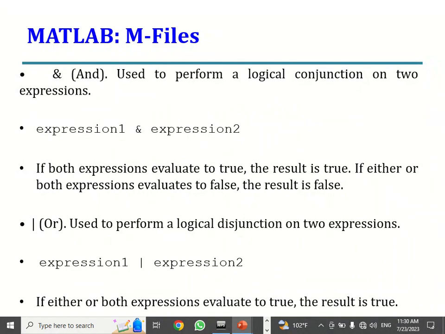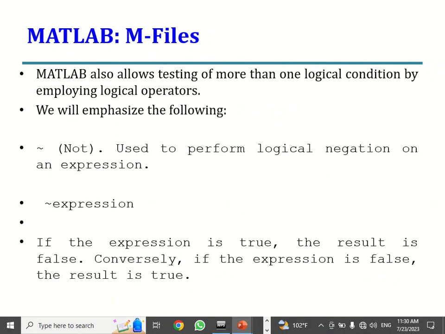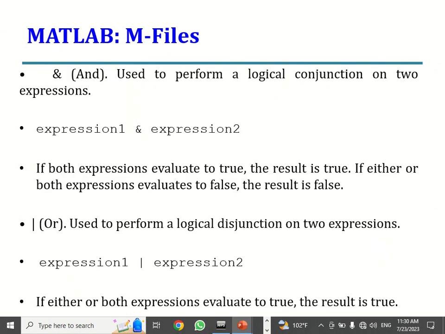Okay. Now you can see here, pay attention, for not, this is a symbol. We use symbol, not the text. In the program you put this. Okay. The symbol for AND, this one. Okay, we will use this in the program, not this. Clear? For OR, this line is a symbol, vertical line, not this one. Okay,